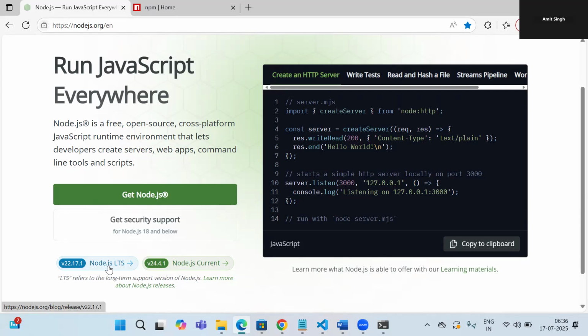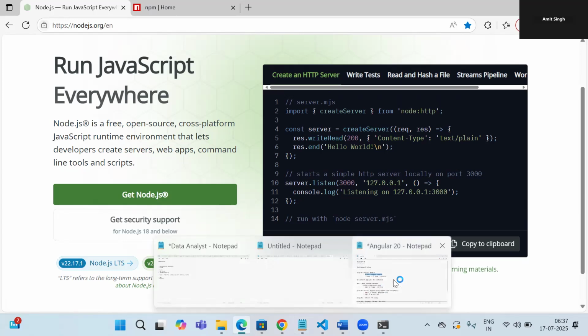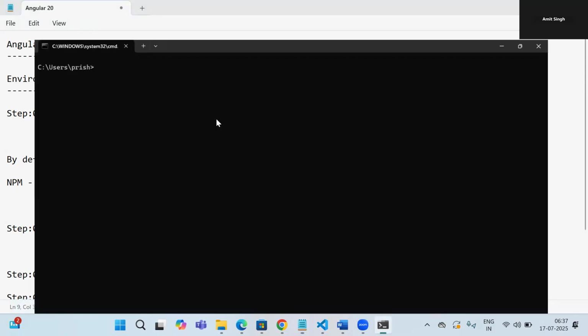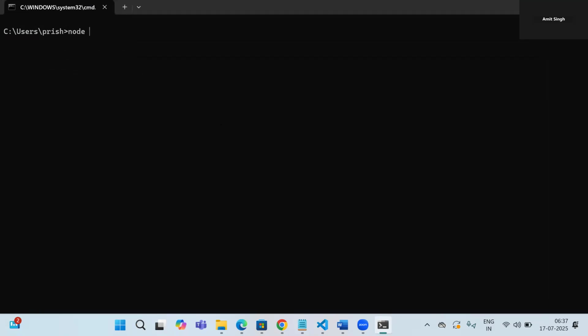Once the installation is done, you need to verify whether the installation has been done successfully or not. You have to execute the command node -v or node --version. The first one is the shorthand and this is the full form, and both will give you the same output. So if I type over here node -v and node --version,